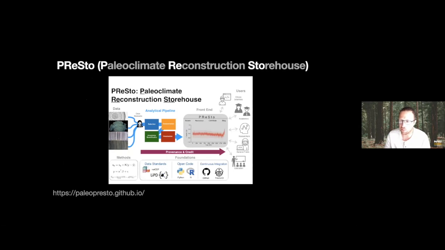I think that some of the goals of this project are really what we had in mind when we started thinking about data stewardship and on Page's project scale 10 years ago, where we have standardized data and then standardized pipelines for analysis, where as new data come in, we could have climate field reconstructions or index reconstructions that can get updated automatically, or that users could tinker with options, parametric choices or methodological choices, and then have easy access to updated reconstructions or alternate reconstructions.